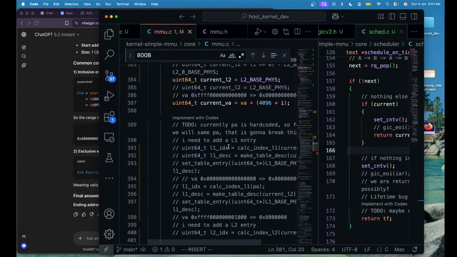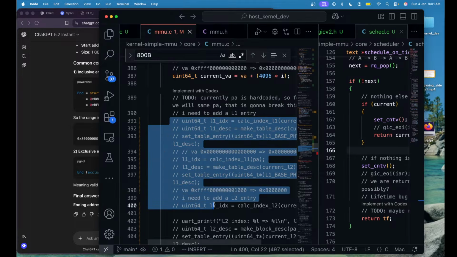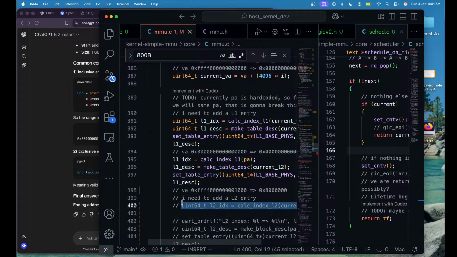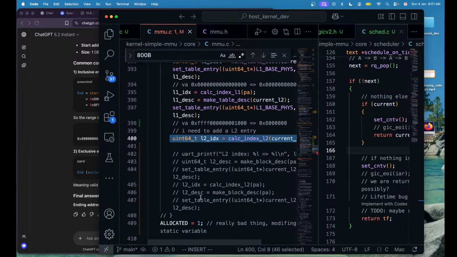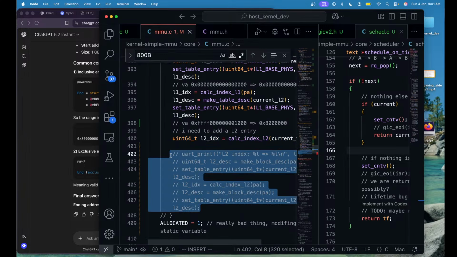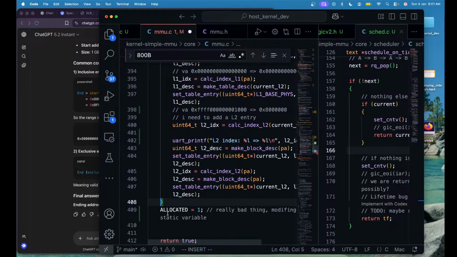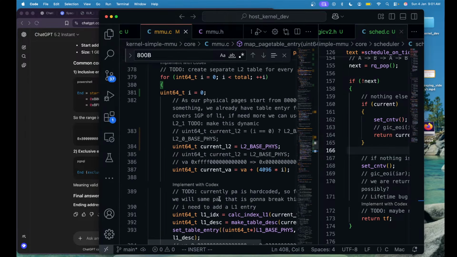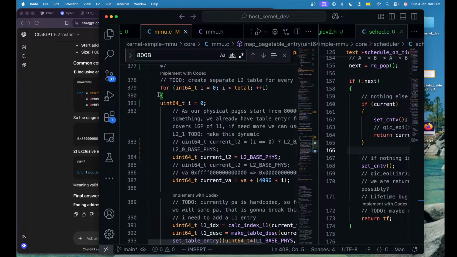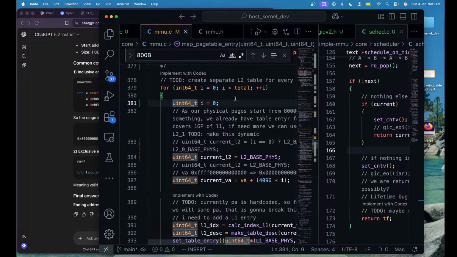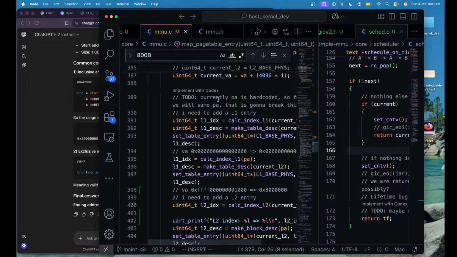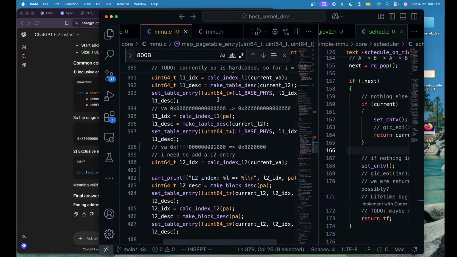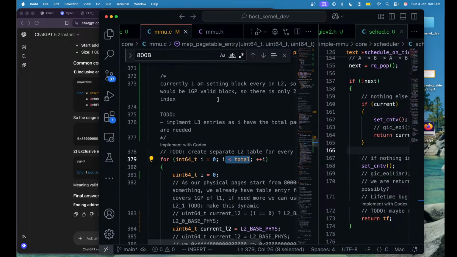If we open the code and if we uncomment this whole thing, and uncomment this, and uncomment this whole thing. Okay, so here as you can see, we were going through the number of table entries that we want to map, page entries that we want to map, and inside that, for every